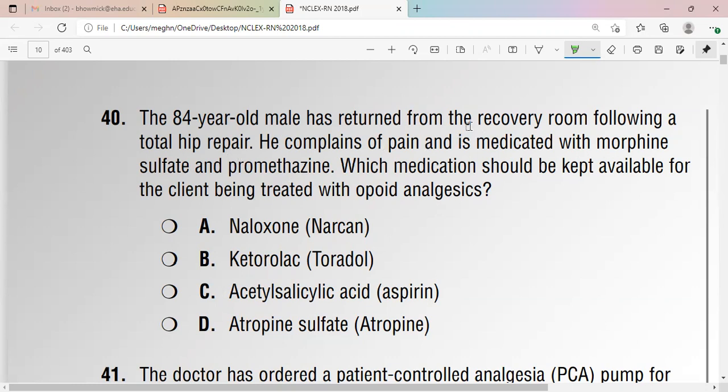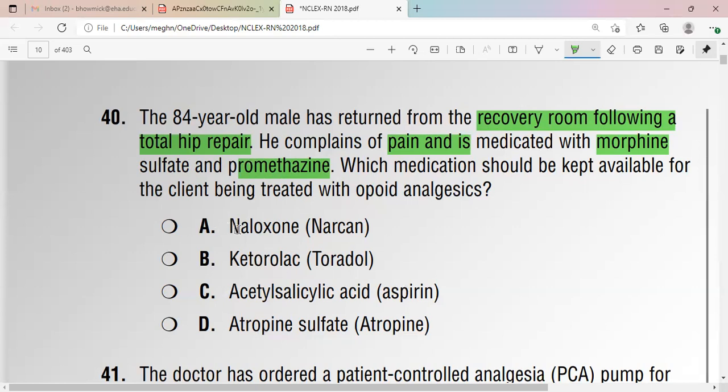So the question: recovery following hip repair. The patient has pain. Because of pain, we give them morphine and promethazine. Which medication should be kept available for the client being treated with opioid? If any overdose occurs, we need the antidote. So you have to find out what is the antidote of opioid,